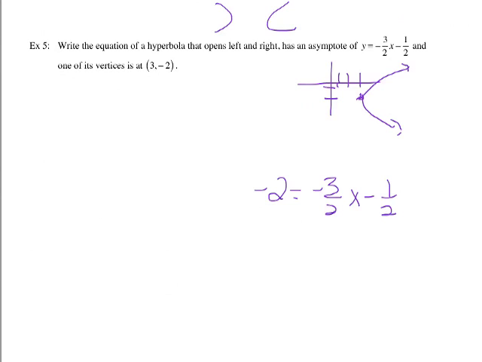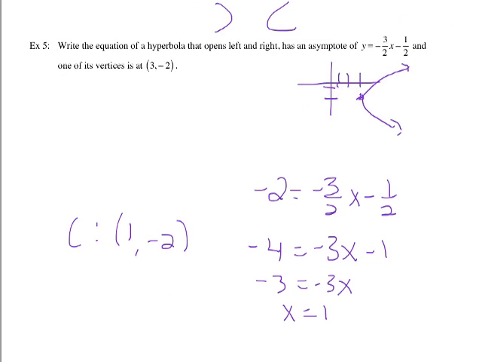And if I multiply both sides by 2, I get negative 4 equals negative 3x minus 1. Now add 1, so negative 3 is negative 3x. So I get x is 1. So the center has to be at (1, negative 2). So we know it opens left and right, so we have to have (x minus 1) quantity